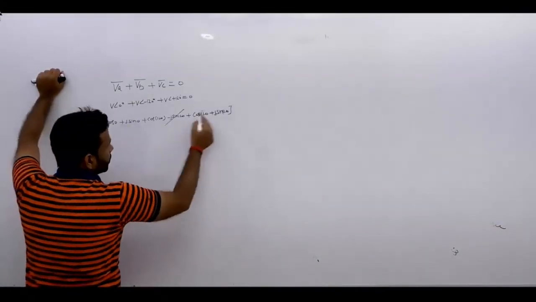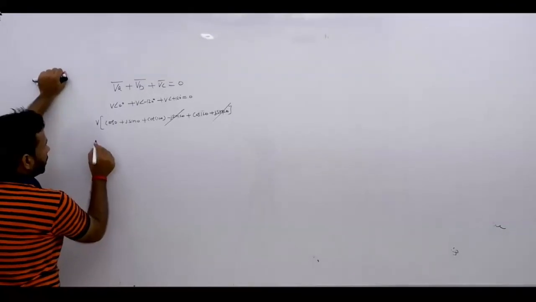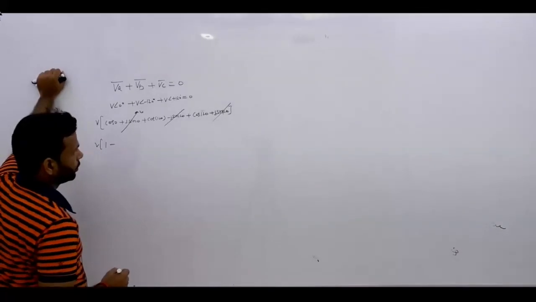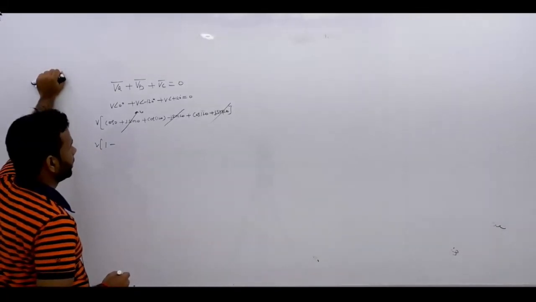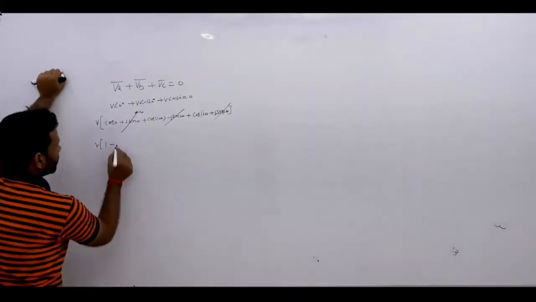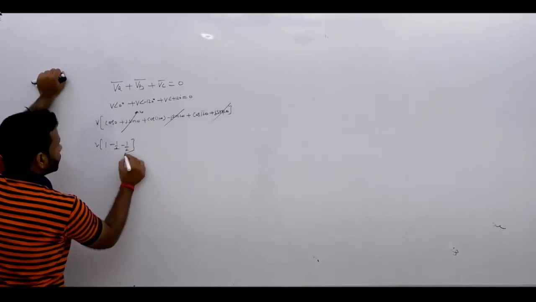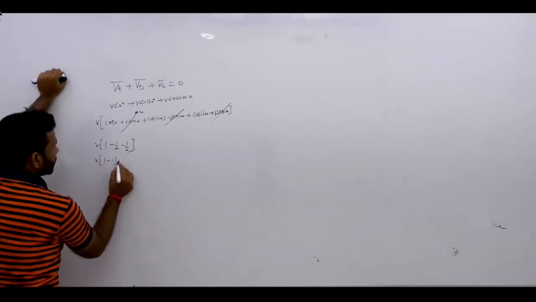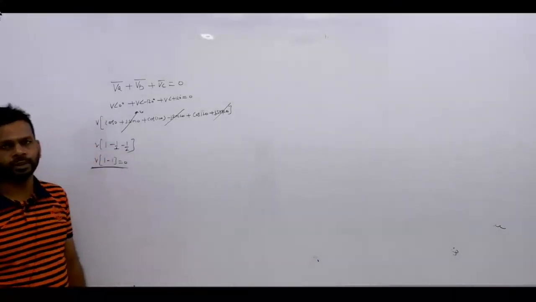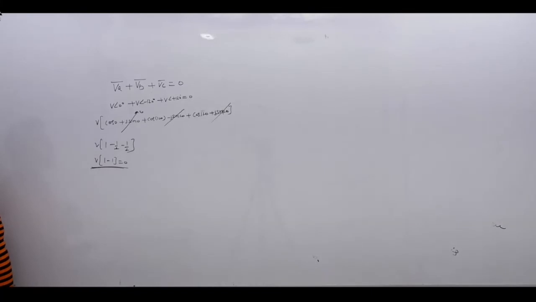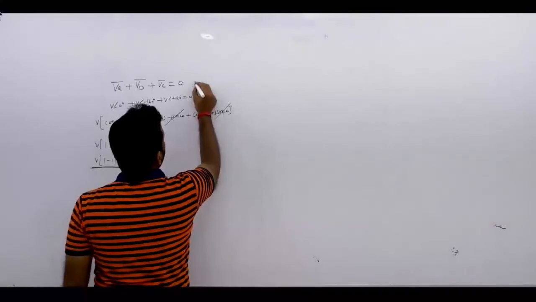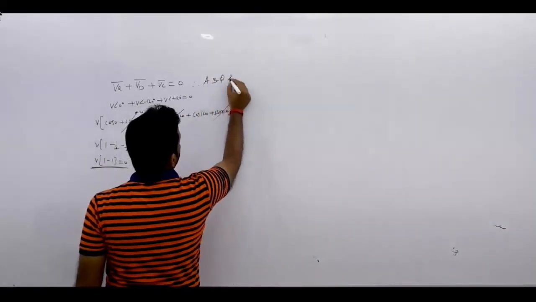Now these cancel out, and this is 0, so it is 1. Now cos 120 is minus 1 by 2 and minus 1 by 2, so it is V times (1 minus 1) equal to 0. So in case of a three-phase system, a supply is said to be balanced when the phasor sum of all the phase voltages is 0. So let's write a three-phase system or supply